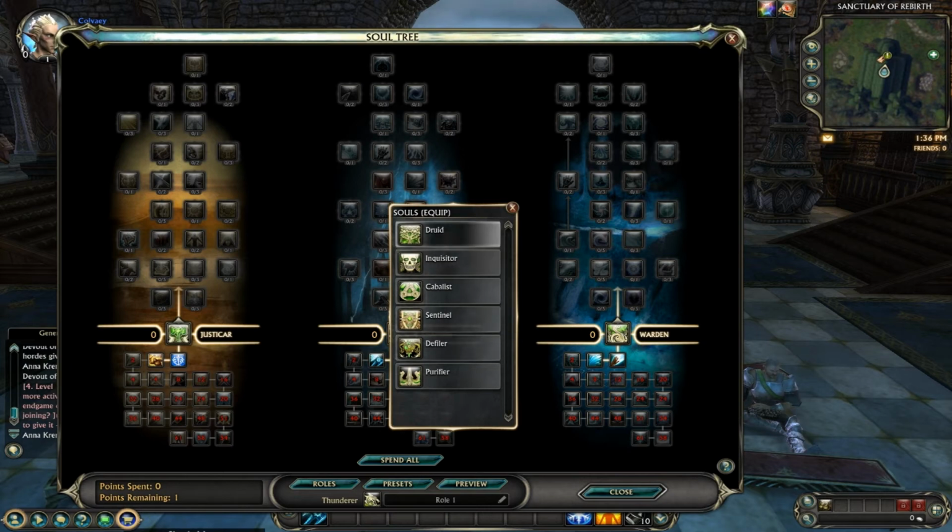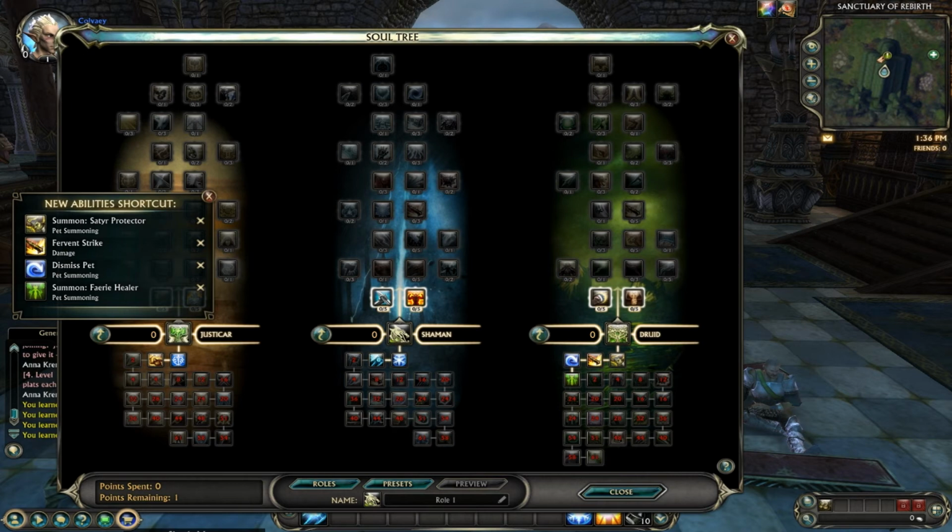So one of the things that is suggested to do until you're level 30, if you feel confident doing it and making your own spec, is to equip a 0-point pet soul. Now every class has a pet soul, so it's basically a soul which is 0 points. Just having the soul in your soul tree will give you a pet of some sort. This pet will continue to level with you until you reach level 30, and then it will stop leveling with you unless you decide you want to invest quite a lot of points, if not all of your points,